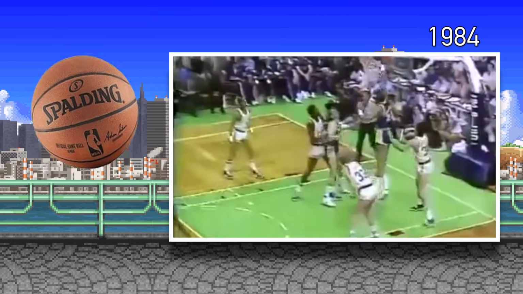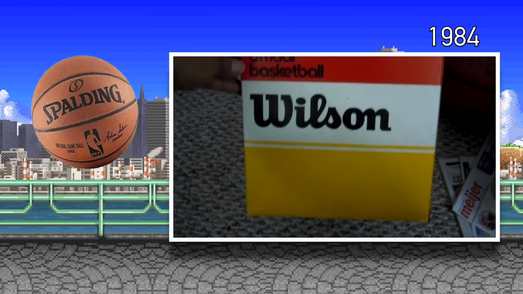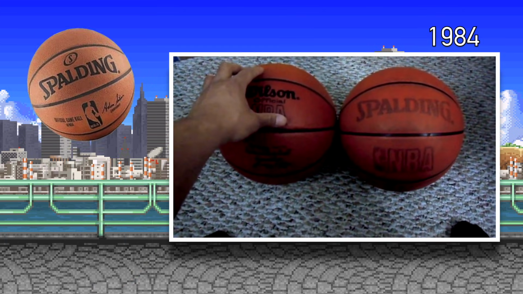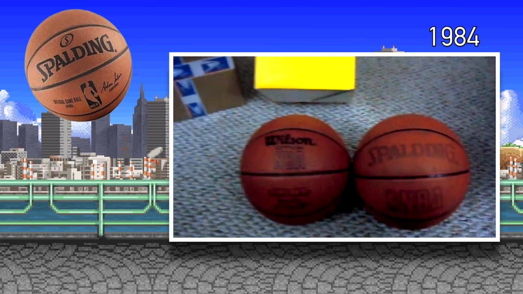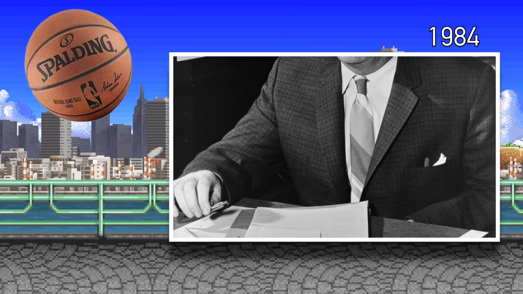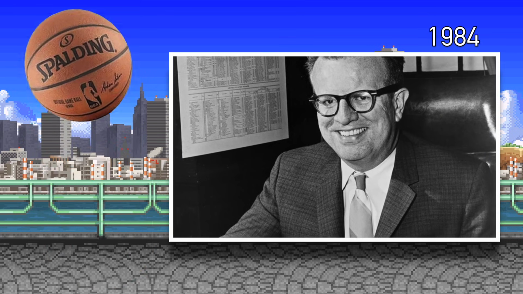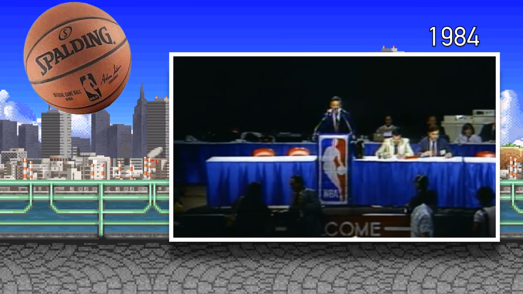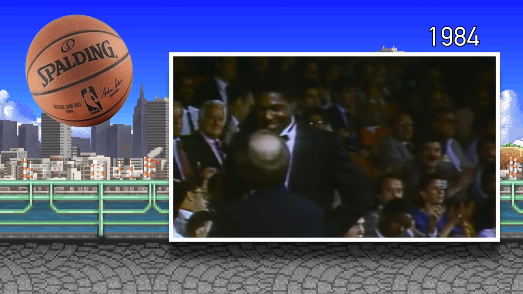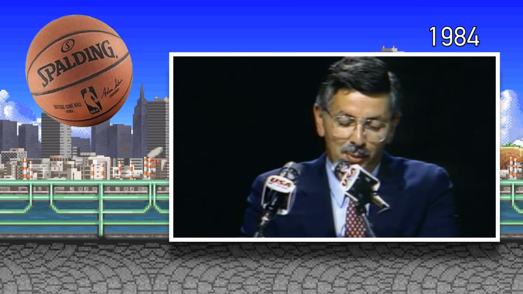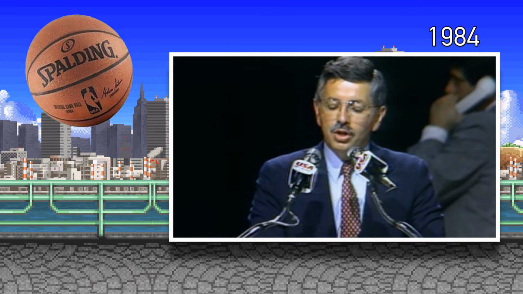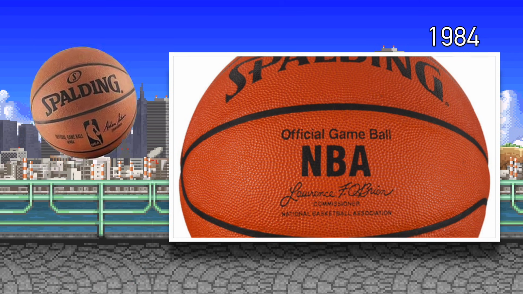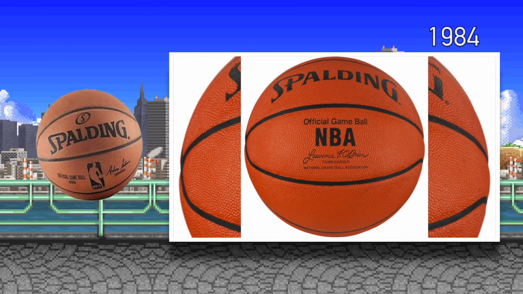To quote Heritage Auctions, Wilson had the NBA contract to produce basketballs, which ended following the '83 finals. Also, moving out of the office of commissioner was Larry O'Brien. Eventually, Spalding picked up the contract and David Stern assumed the role as top man on February 1st, 1984. This ball is the ball of choice that many fans around the world prefer while playing basketball.